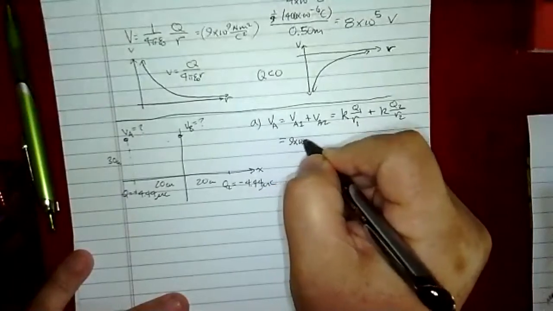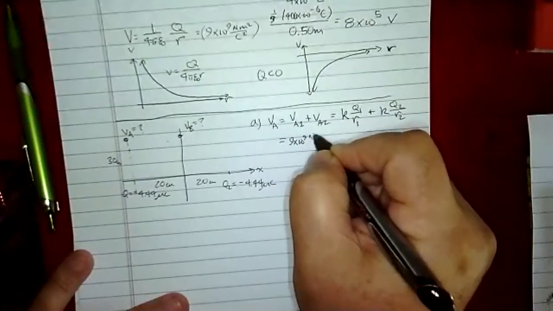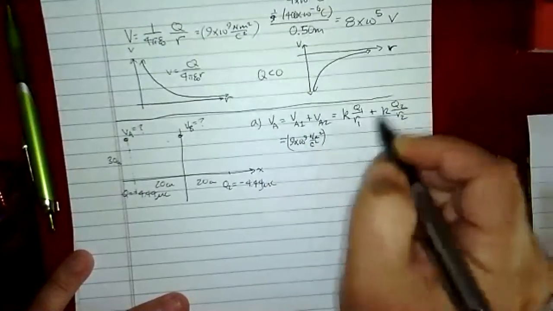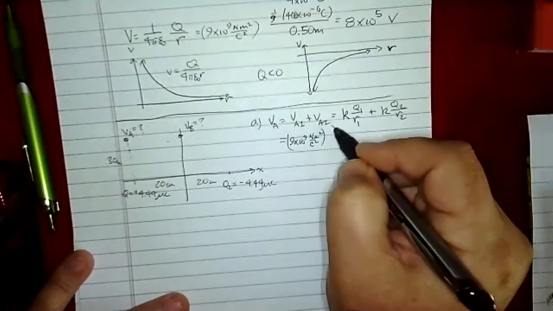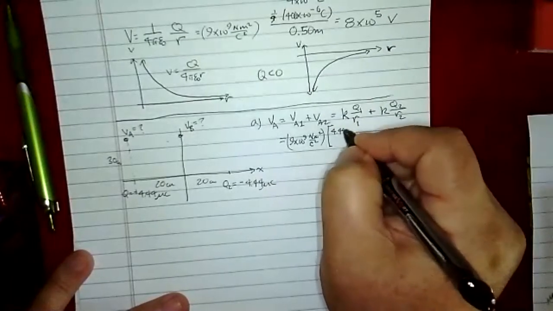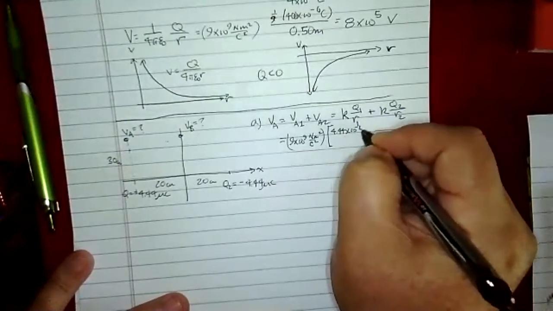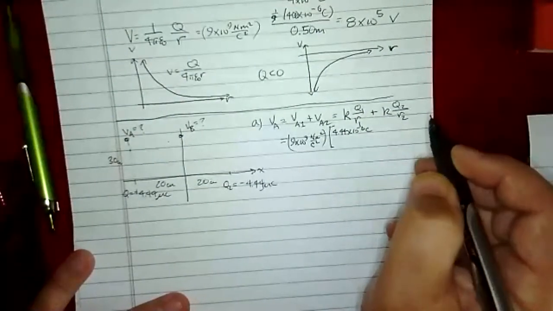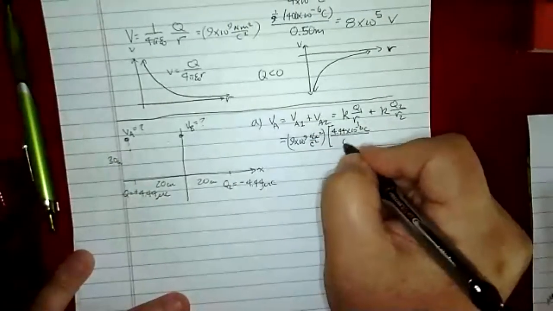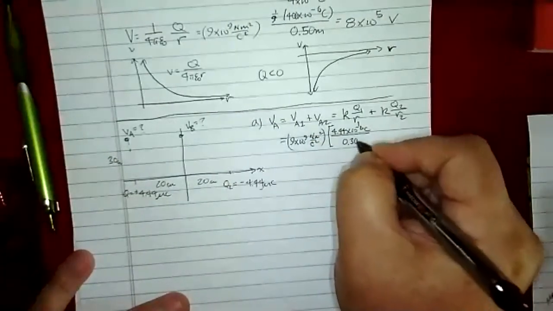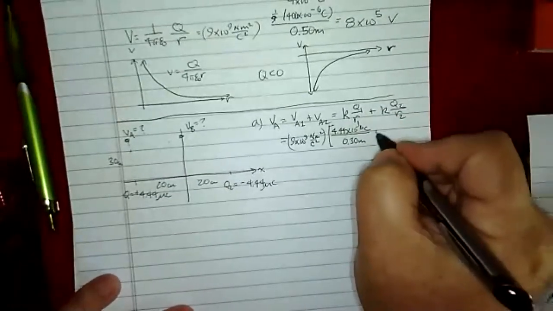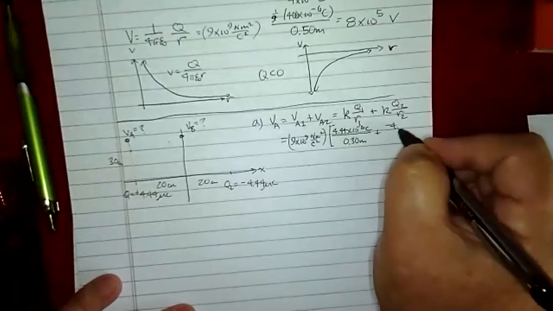In fact, that's 9 times 10 to the 9th Newton meter squared per Coulomb squared. I'm going to factor that out and just leave in here 4.44 times 10 to the negative 6 coulombs, all divided by this little distance, which is 0.30 meters. So basically 3/10. And then plus, now I've got a negative 4.44